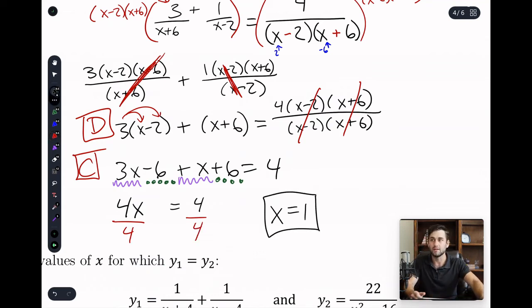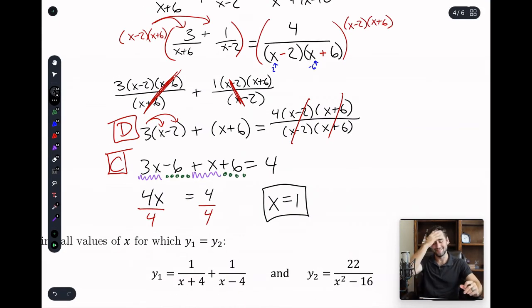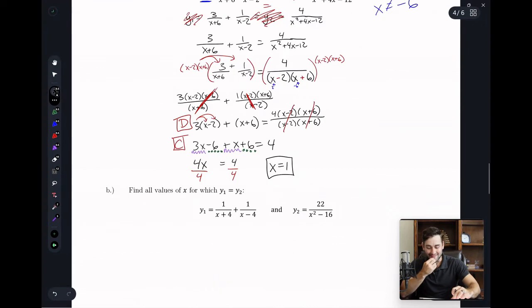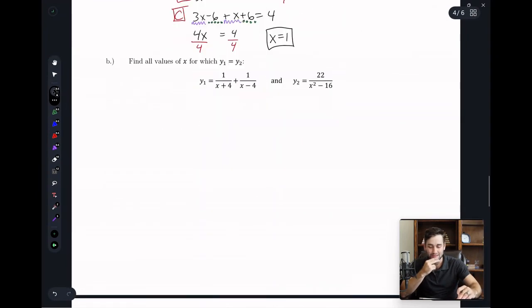That's wild, isn't it? Make sure I'm right, because I do not want to post something and then lead everybody astray. So let's see. Boom. Heck yeah. You're going to plug it back in and check it. I'm looking at the answers to save us a little bit of time. All right, so you could probably do B by yourself now.